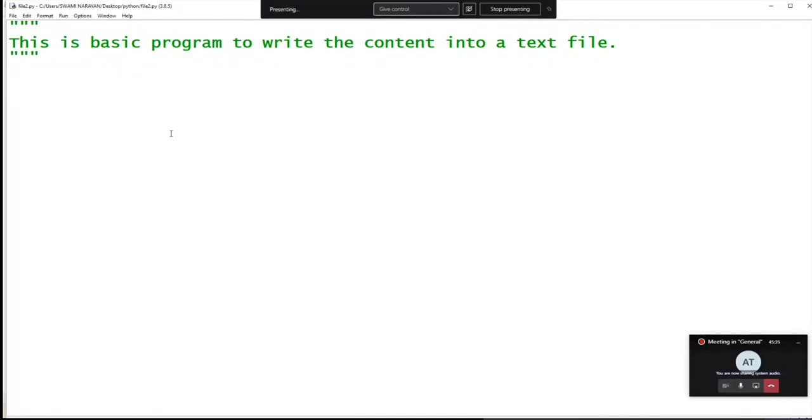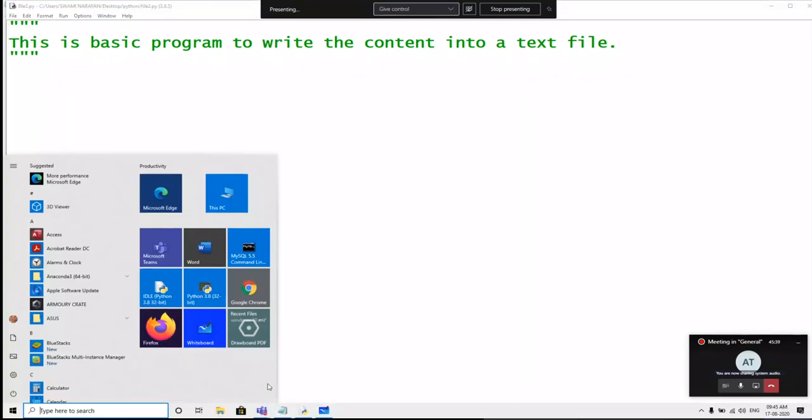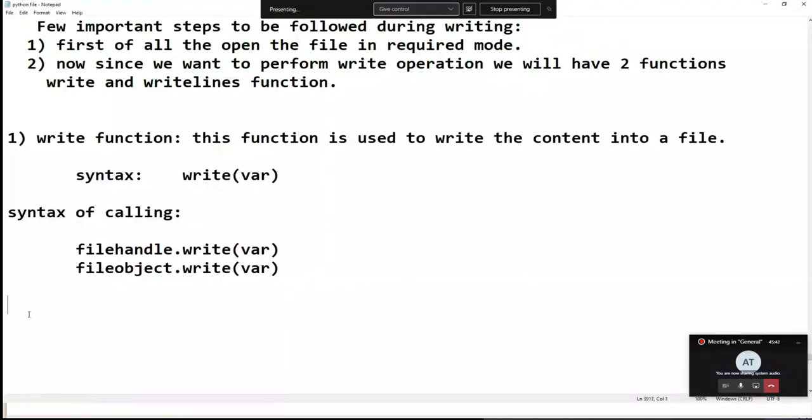Now there is one thing that I forgot to tell you, because I have not discussed this option. There is one more option in which you don't need to close the file, which I will be discussing. In my mind, it was that option. First of all, this is a very, very special note.